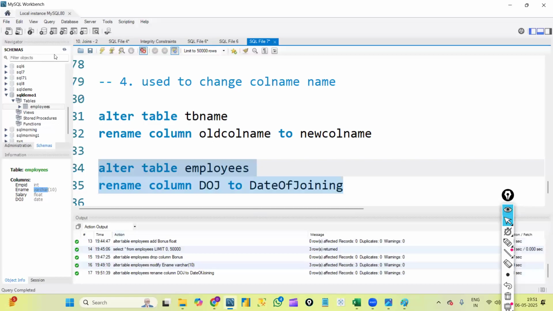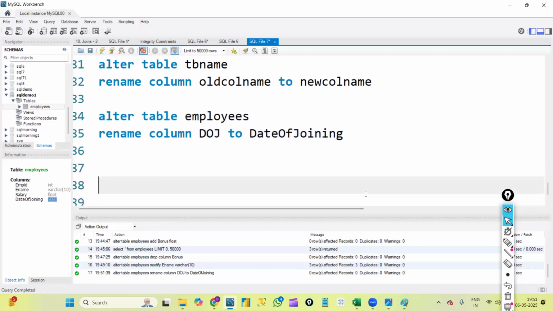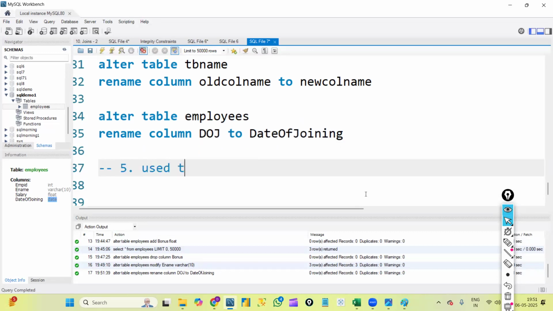It got created. Let's refresh and check. See, we got date of joining. Like this, we can even rename the column names by using the alter command only. Okay. And the last and the fifth use case is that alter is used to add a primary key in the